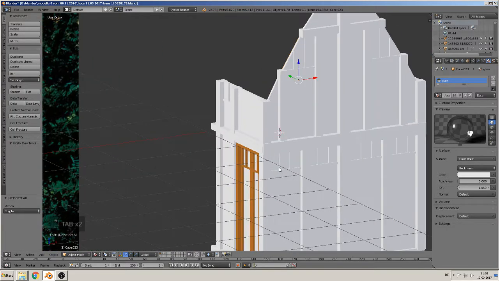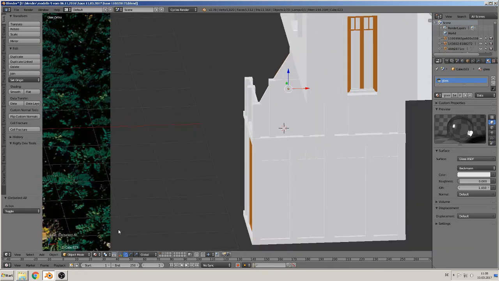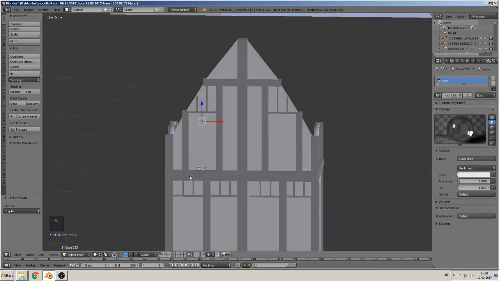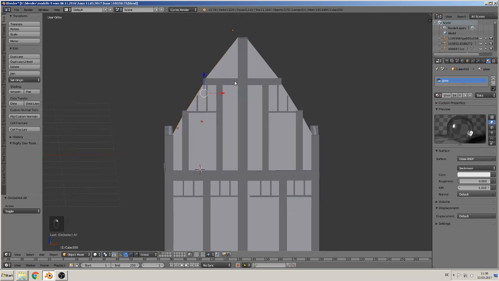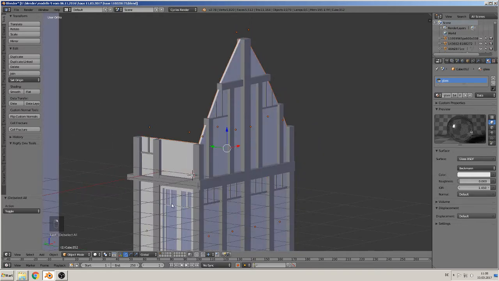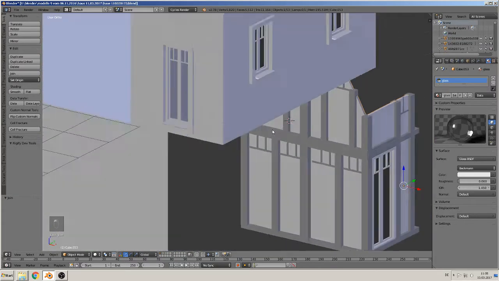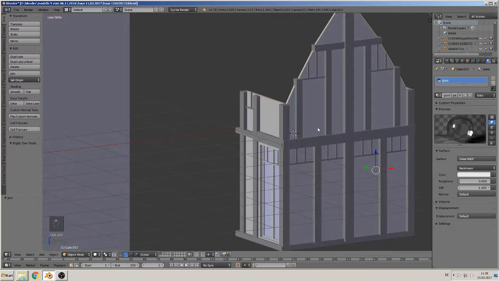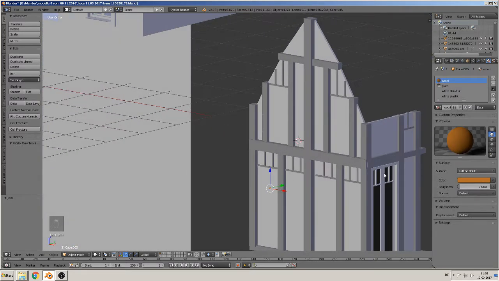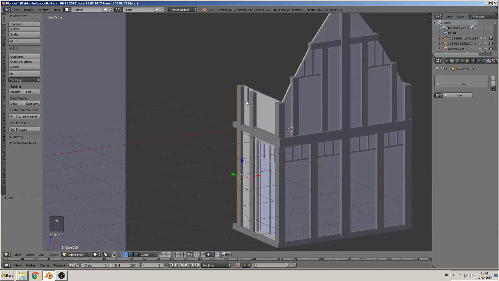So we will try it one time to get all windows joined together. So we click all the windows and join them as one. Then the two doors we join as one. And all of this sticks there